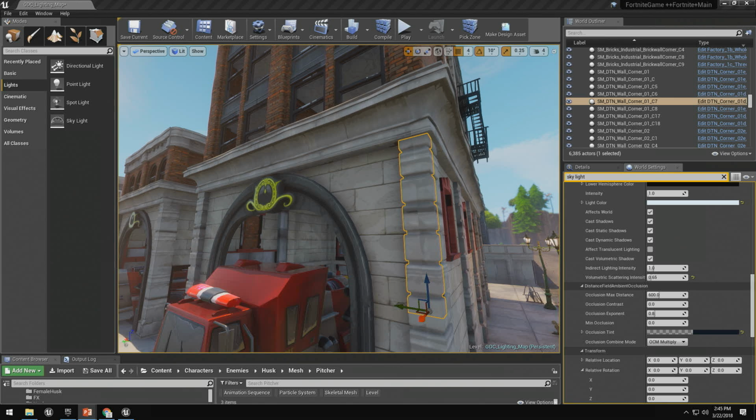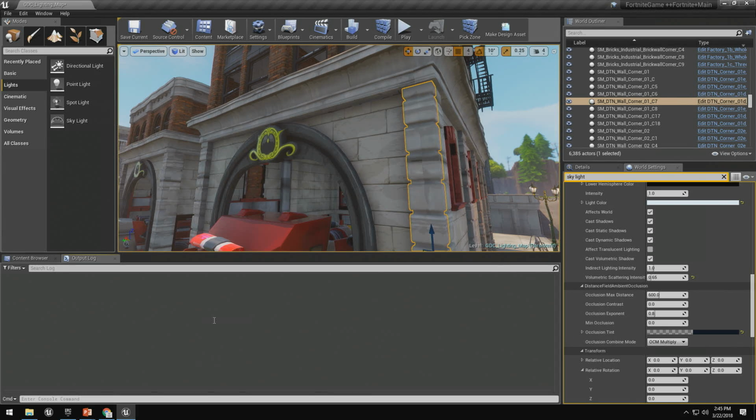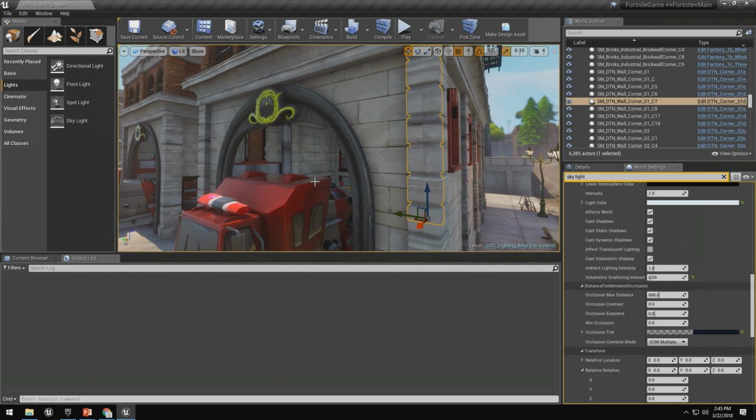Okay, now, when I mention things like watch out for how much memory you're using, I feel like I'm then obligated to tell you how you can stay on top of that. So there is a command that you can pipe into the engine to have it report back how much memory your distance fields are using. And since I know we all love to look at things like logs and command outputs, let's have a look here. I'm going to clear out my log. Now, this command, I've got it written up here. It's really long. You'll never remember it. It's r.AO list mesh distance field. It's so long, I've already forgotten it.